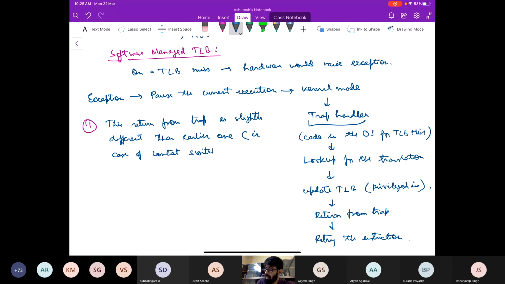So can somebody tell how is it different? Any guesses? The earlier return from trap, it restored the registers, etc. But I don't think this would need to do that. This would need to,